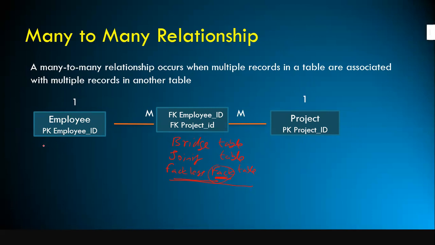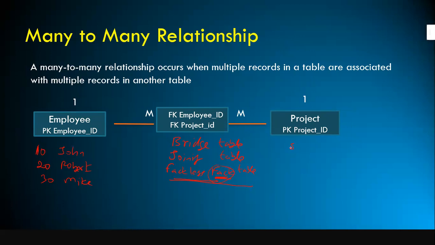Supposing you have the primary key as 10 for John, another primary key value for Robert, and another guy, Mike. For each employee, you have to store only one record. Similarly, for each project, you need to store only one record in this table.